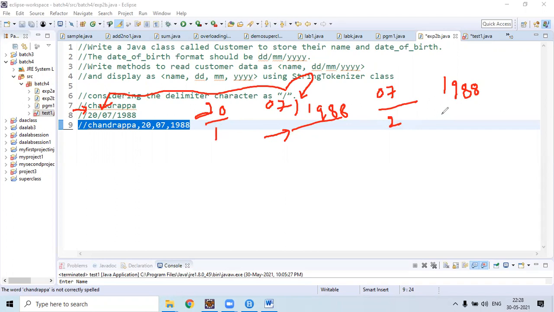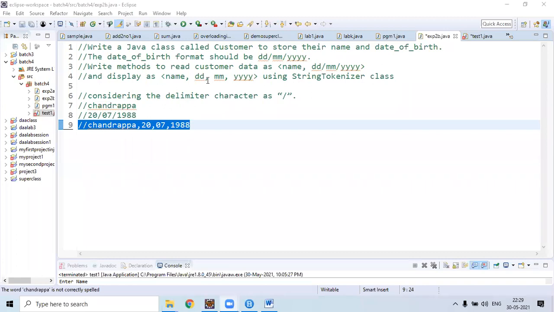Then once again, the class continues scanning the remaining part. Here no match occurs. This part does not contain a delimiter slash. Therefore, the class will consider the entire value as another token. So totally we will get three tokens: first one is 20, second one is 7, third one is 1988.